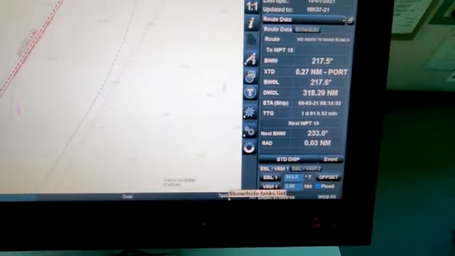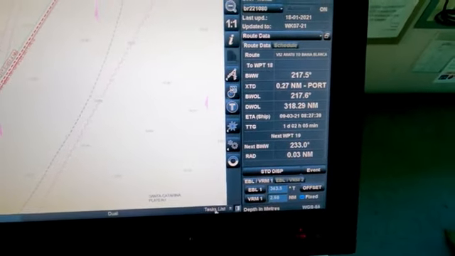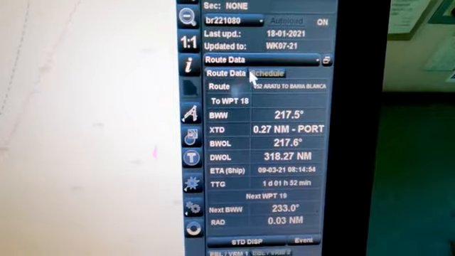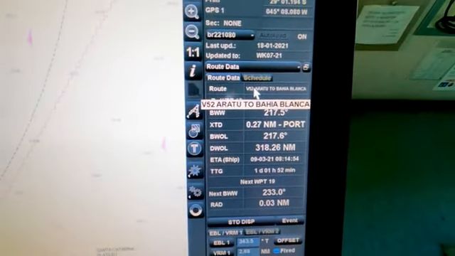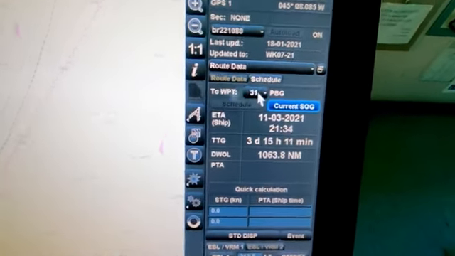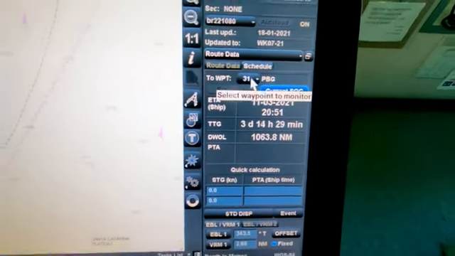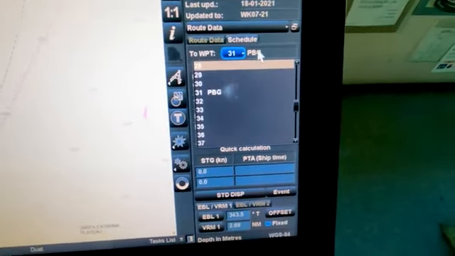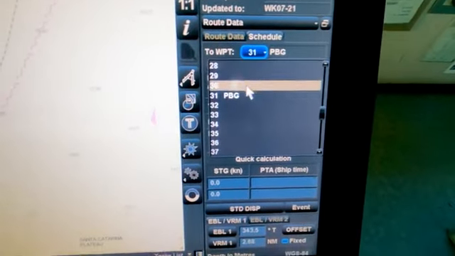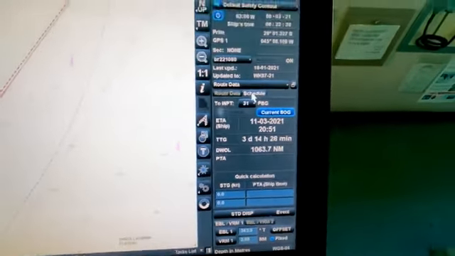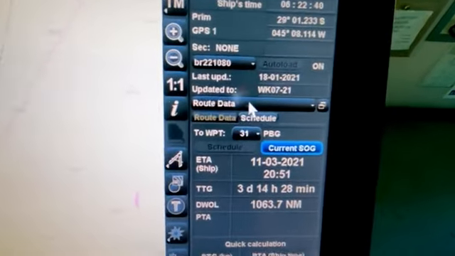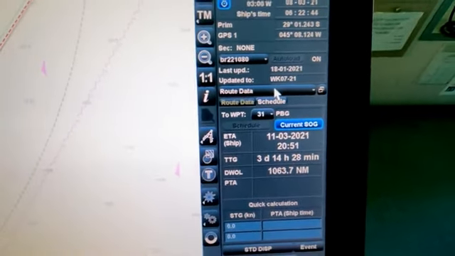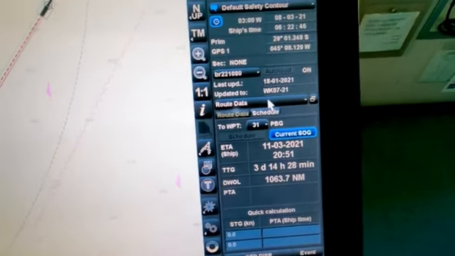You can check from other places also, like go to monitoring, and in monitoring you can check. But if you want a shortcut, then of course you can go to route, and route data, it will show you the route which is being selected. Schedule is the one where we can check for ETAs for any waypoint. So normally, as you can see, I have selected pilot boarding ground for my next route. So hence normally this route data function is always kept on over here to continuously monitor the ETAs for any